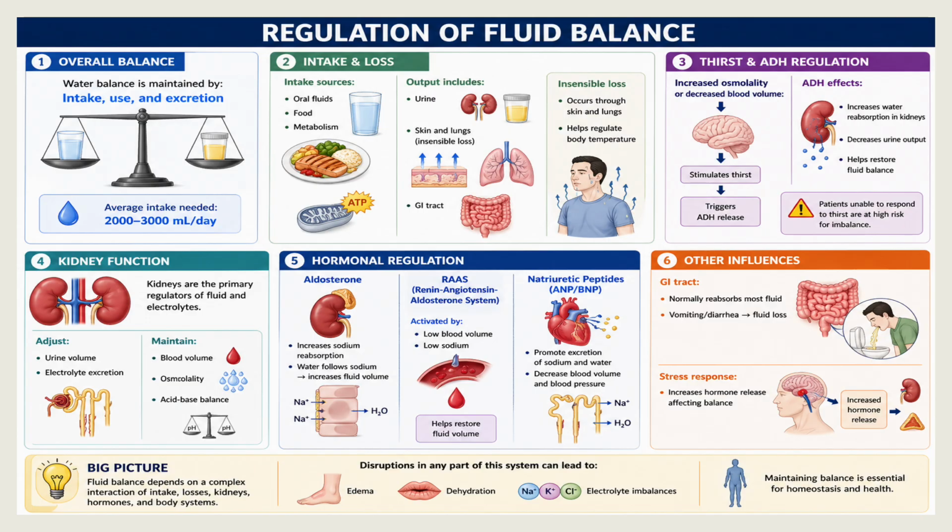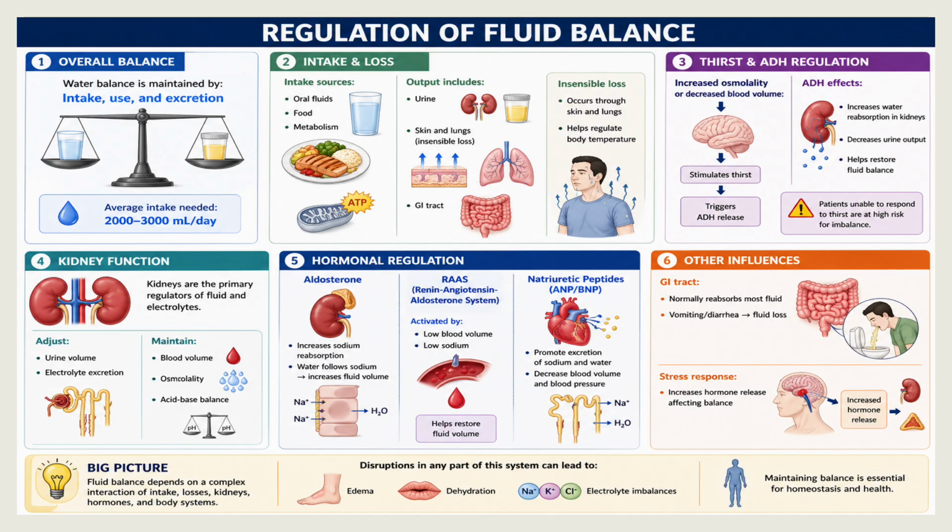The body also regulates fluid balance through the thirst mechanism and the hormones that it releases. For example, ADH hormone, right? So when plasma osmolality increases or blood volume decreases, osmoreceptors stimulate thirst and trigger the release of ADH. ADH then acts on the kidneys to increase water absorption. Basically, antidiuretic hormone means anti-diarrhea. Don't let it go. Keep it in. That's what it basically means, right? So the kidneys are going to hold the fluid in, right?